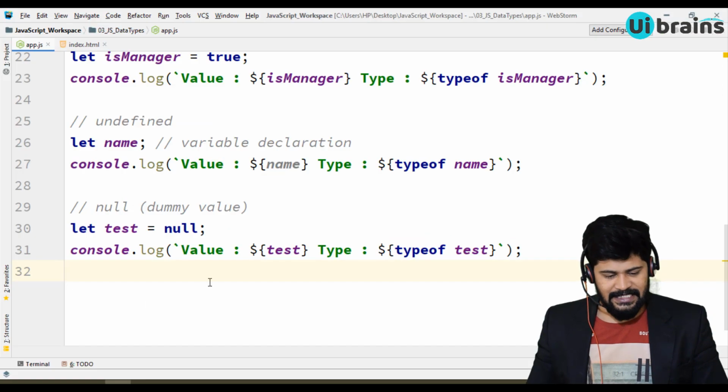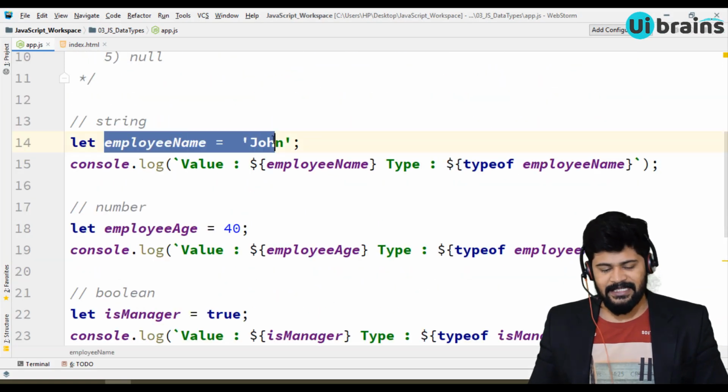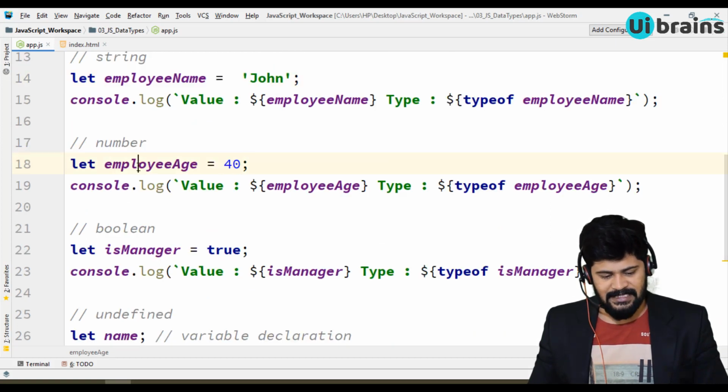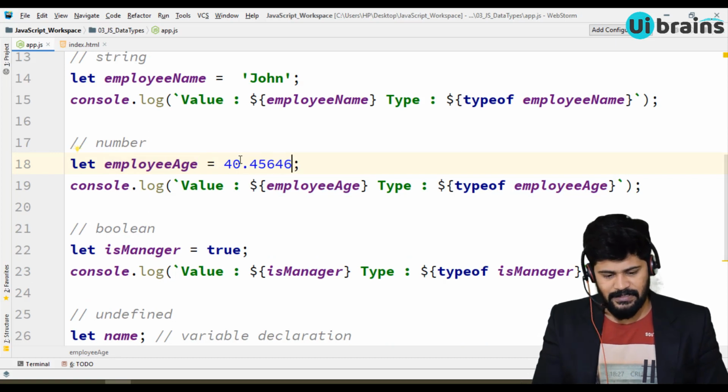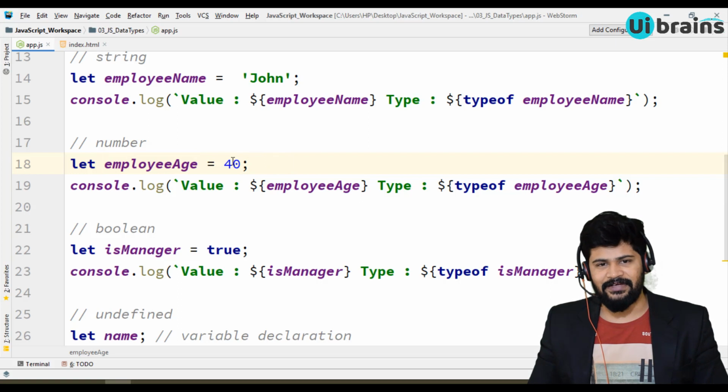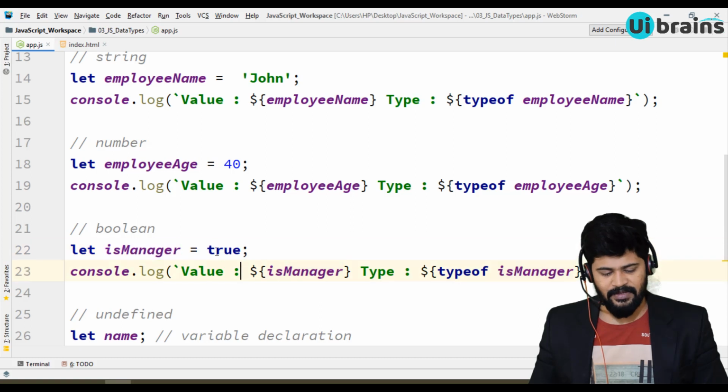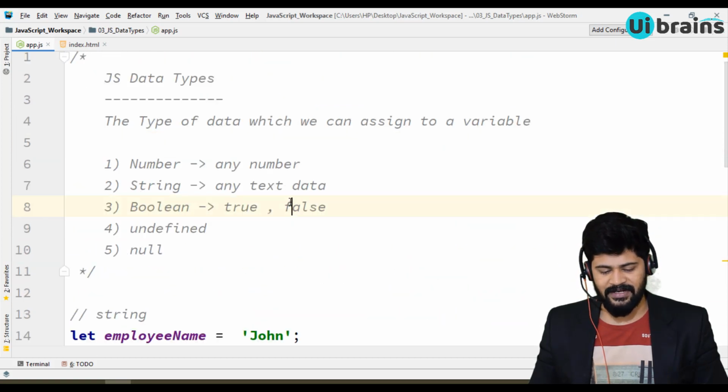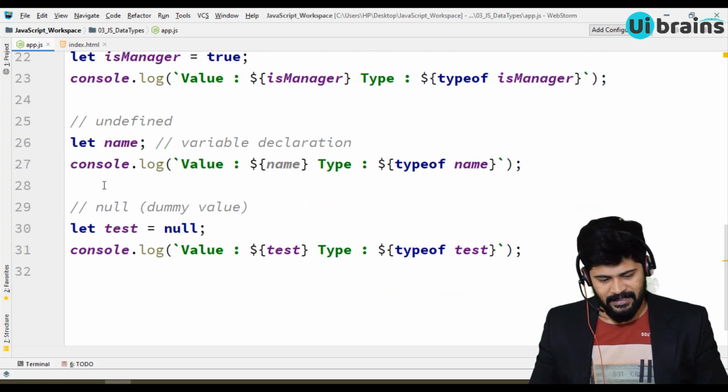Fine. So these are the different data types. We know string is for any text data. Any type of number is number. You can write decimal numbers also, it is number. Generally in Java, if you know, you have integer, float, long, double, right? But in JavaScript we have only number, and we have not even mentioned what type of data, JavaScript will understand based on the value itself. Okay, next this is boolean. Boolean will hold only two values, true or false, not even uppercase is allowed. And then it's undefined and null.